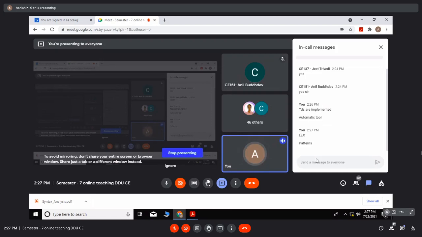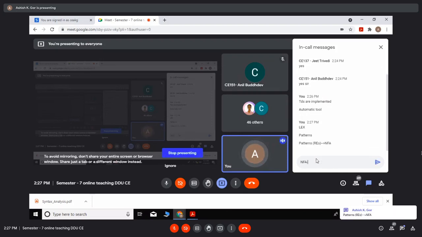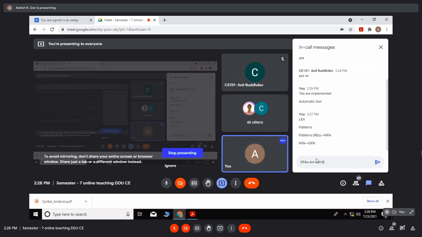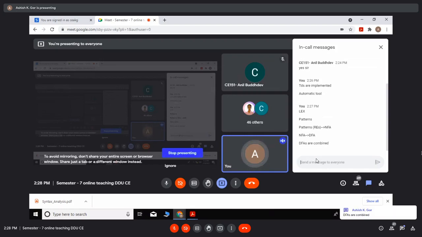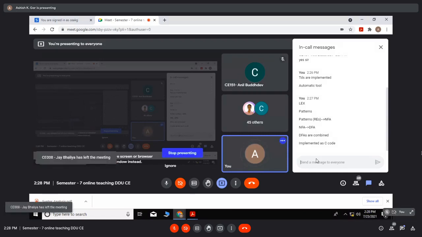Actually, first the patterns, meaning regular expressions, are converted to NFA first, then the NFA is converted to DFA, and the DFAs are combined, and then the combined representation is implemented as C code using switch cases and loops. The entire lexical analyzer is done. So from the pattern that you mention, there is an NFA.